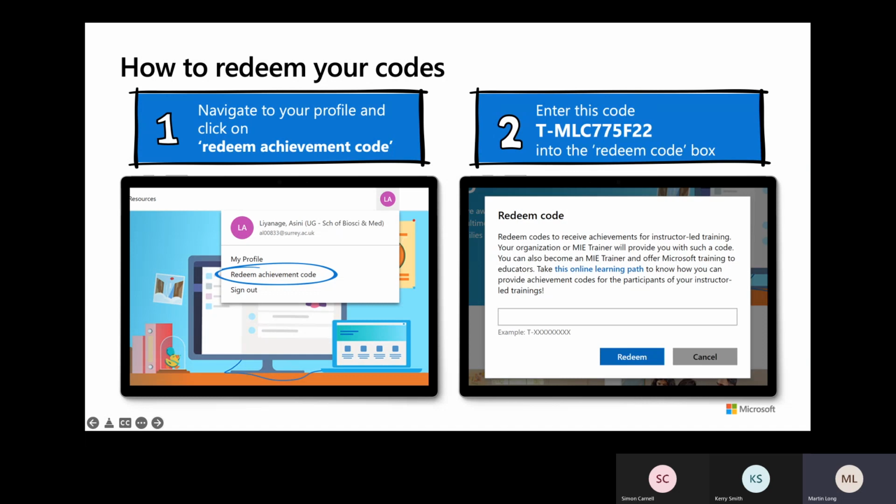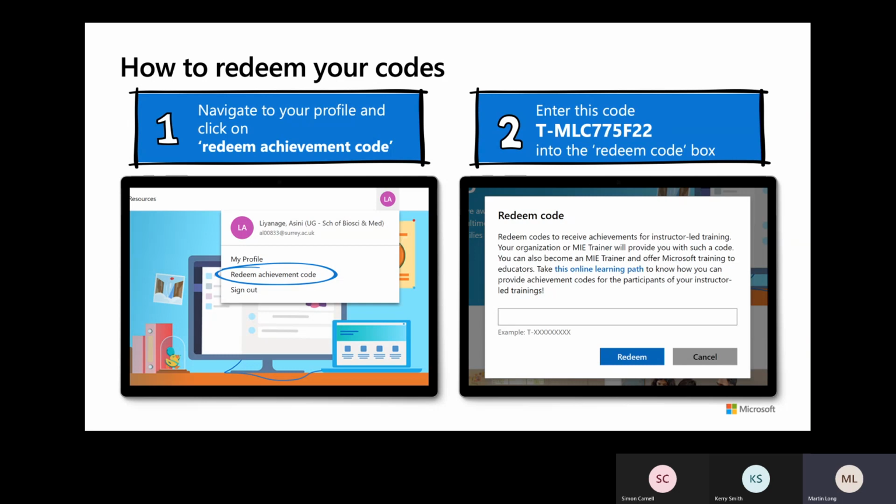It really doesn't matter. Once you've done that, you can then click on your initials, because the sign-in box will change to initials, and the code that I'm going to put into chat now will be something that's available for you to paste into the box, which will pop up in the right-hand window in the screen I've got shared with you currently, and it says redeem code. If you paste that code starting with T-, it will then accredit you with 1,000 points, and it will give you MIE status, Microsoft Innovative Educator. And that will be you on the pathway to looking at whether there's any other good resources in here